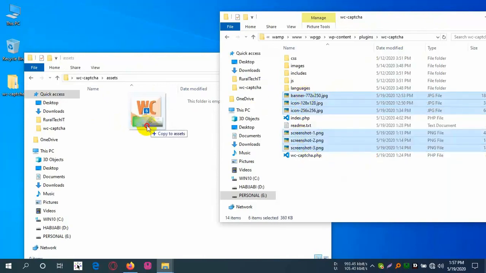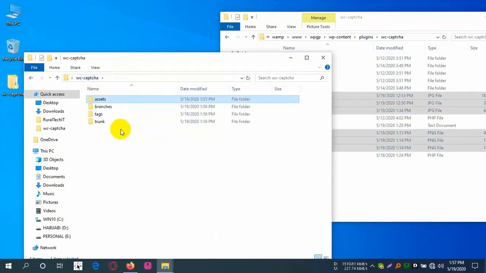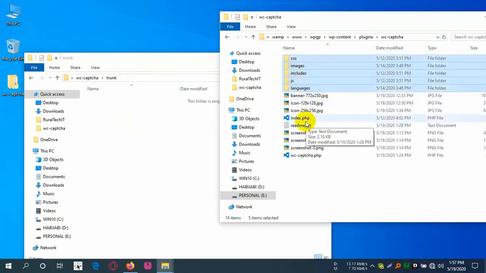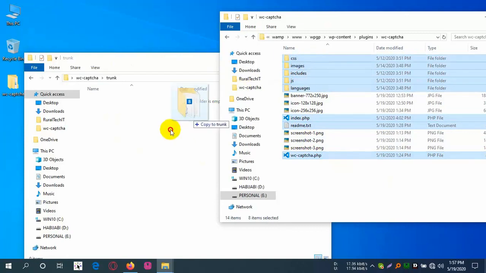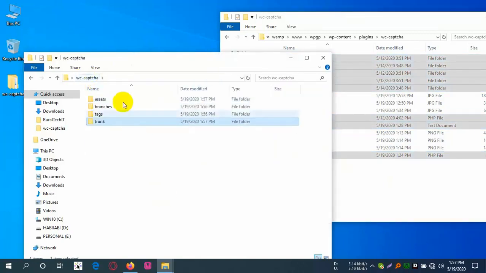and I just copy from my plugin the assets, all the images. I just copy here, and then I copy all the directories and files here. Okay. And now I